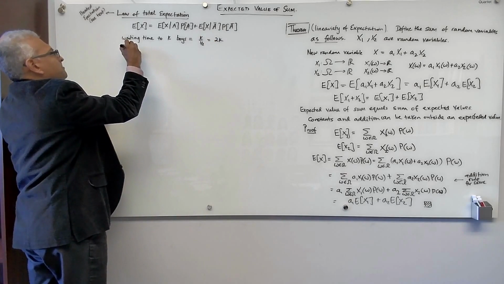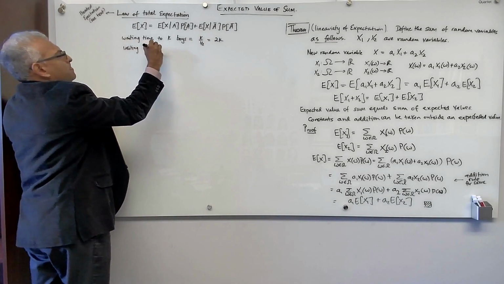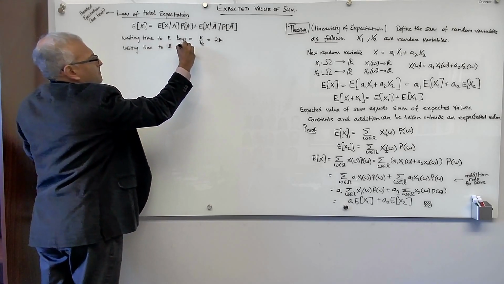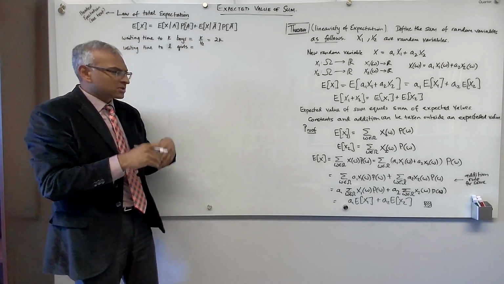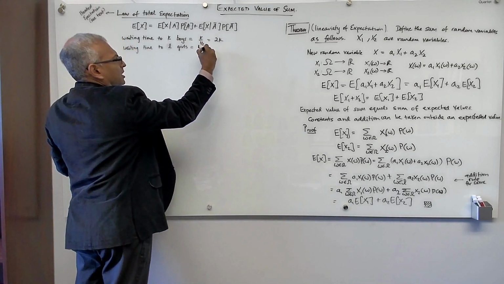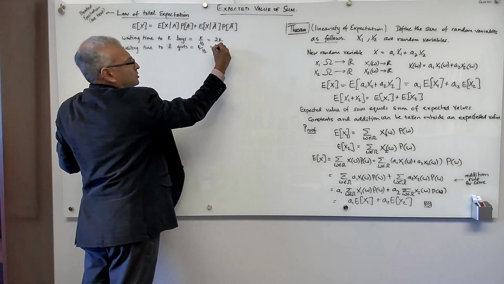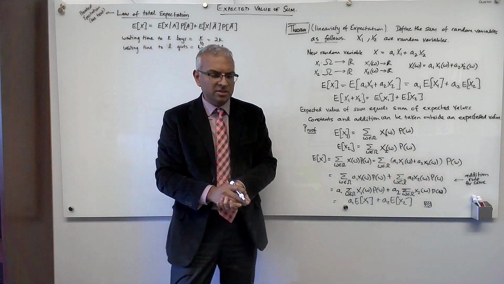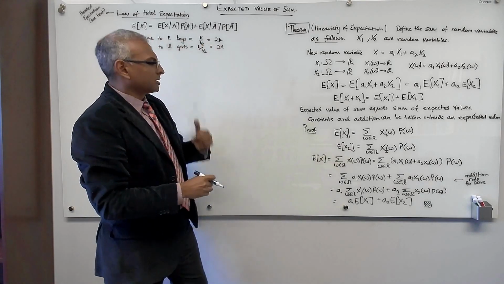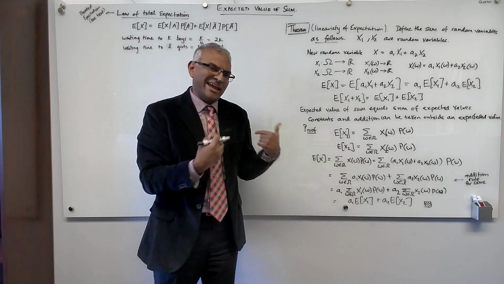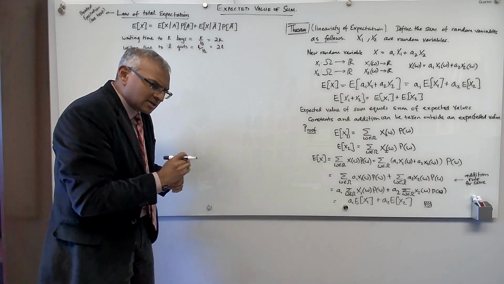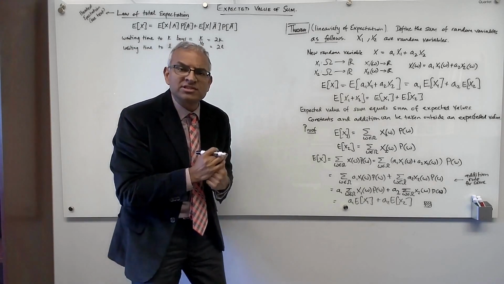And the waiting time to, let's say, L girls. Now think of the girl as the success. The probability of a girl is 1/2. So it's going to equal L over 1/2, L over the probability of success, which is again 2L. No surprise. The expected wait for K boys is twice the number of boys you're waiting for, and the expected number of kids to get L girls is twice the number of girls. But now let's add a twist. Supposing you're going to have kids until you have 3 boys and 3 girls.